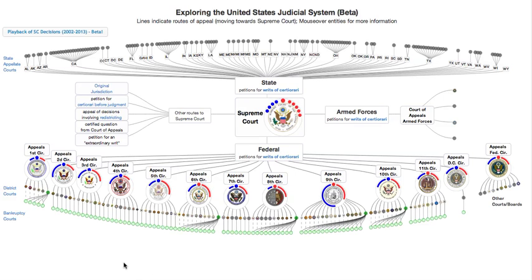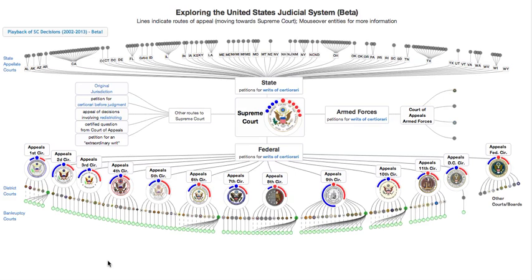This is a visualization of the judicial system that I'm working on. Before I started working on this, I didn't know a whole lot about how things were set up, and I'm still kind of piecing this together. So there might still be some issues with some of the connections, but the bottom line here is I'm trying